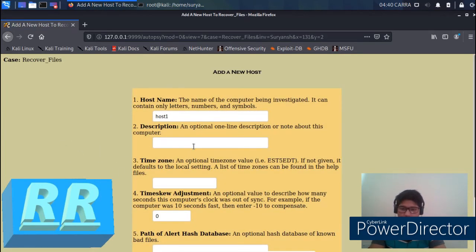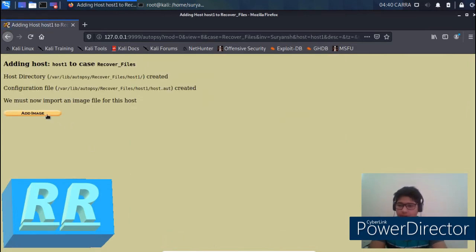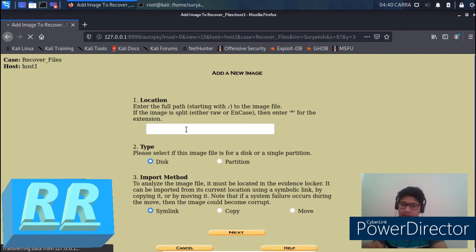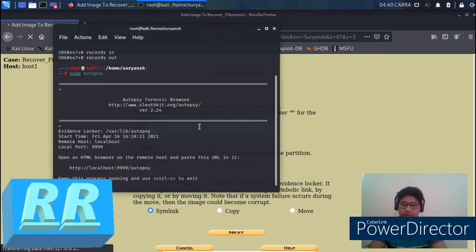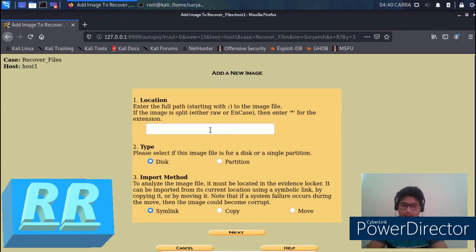Now for host name, I will not change anything in these parts, I will skip. Now add image. Here we will add the image which we created before. In media disk, copy this path and paste it into our web browser.